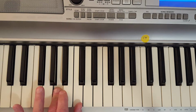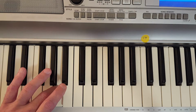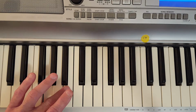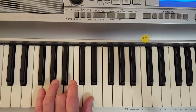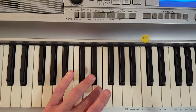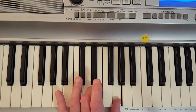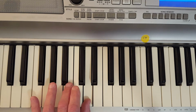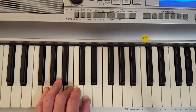Now we're going to change to G, so the only way to really do it is to reach underneath, because that's where G is, and play with our one finger, G, and just like before, we're crossing up with the third finger to play the third. That puts us back on track because our pinky's back here again. So with the thumb we'll play the fifth, and the sixth, and then on top here, the octave, G, then back down to the sixth, then the fifth, then the third. Now our pinky's in position, so we're going to play the G this time with our pinky,